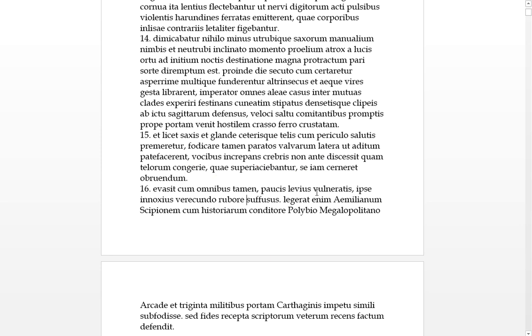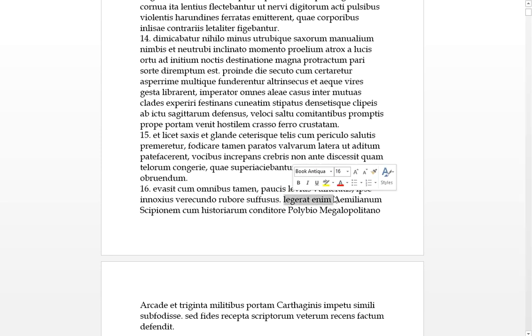A porcus levibus vulneratus. A few of them were lightly wounded. That's the ablative plural version. And ipsi, which means himself, pronoun, was innoxious, unhurt. But he was suffusus. It's a past passive, so he was suffused, do we use that in English? With vericundo rubor. A shameful redness on his face suffused him or infused him or whatever we use.